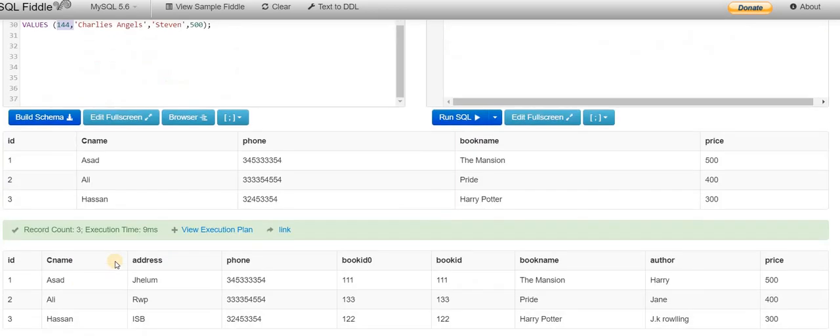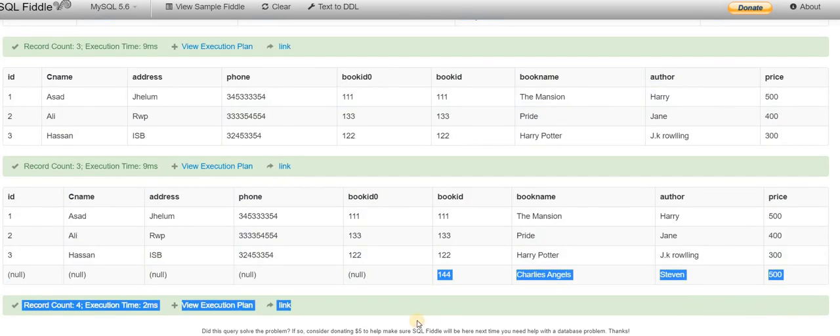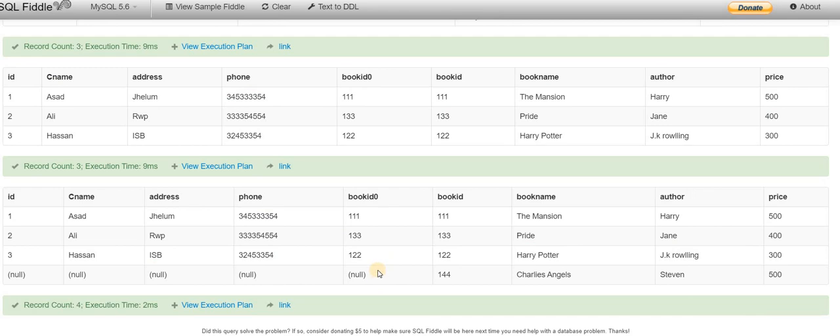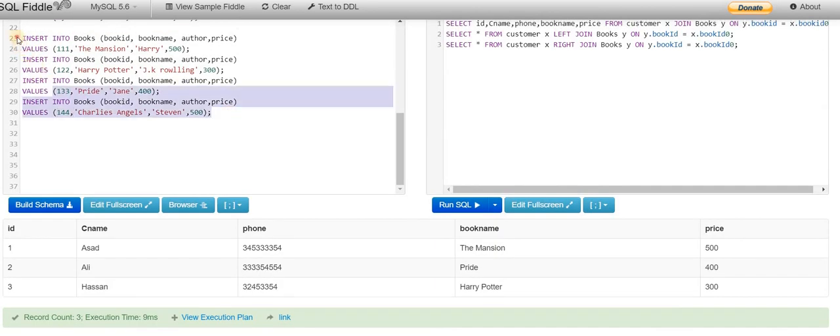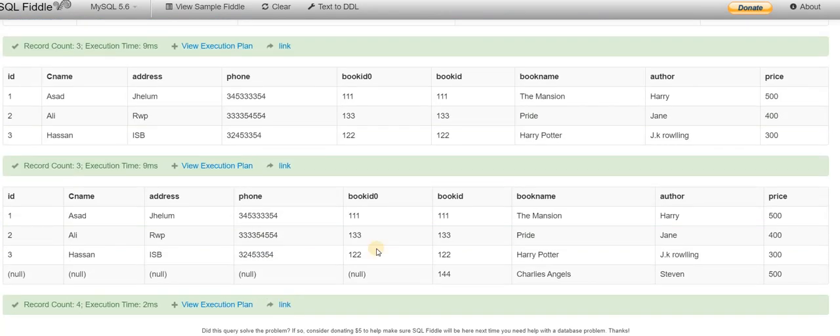So in the case of 144 we do not have corresponding elements in the customer table. But since this is a left join, actually this is a right join, it will join and show all the attributes of the right table. So we have this null part.